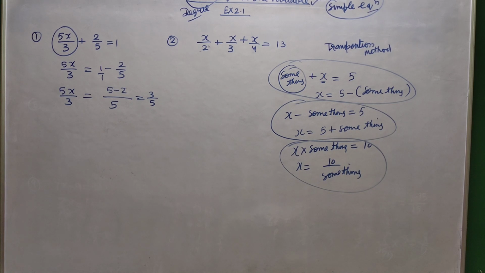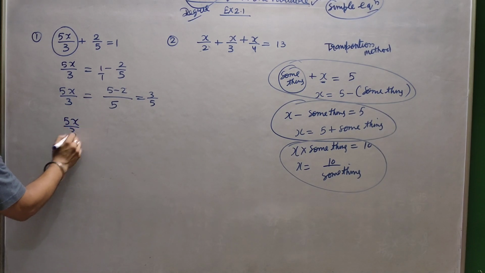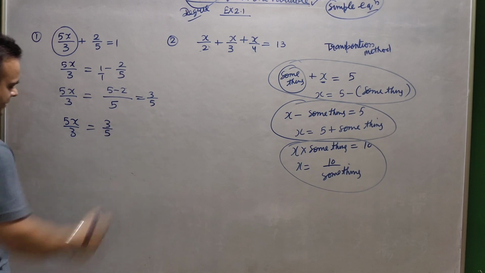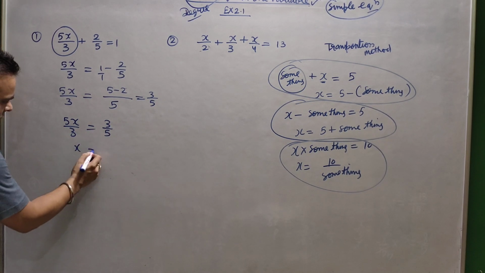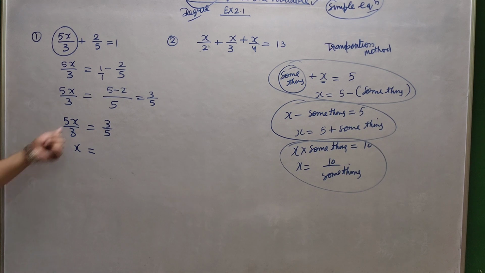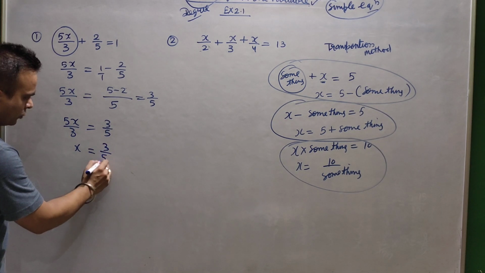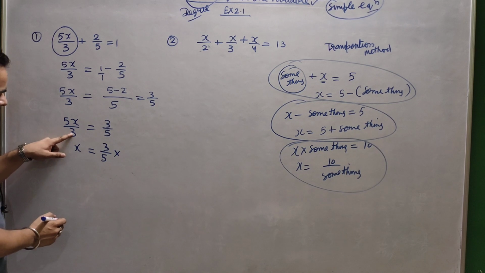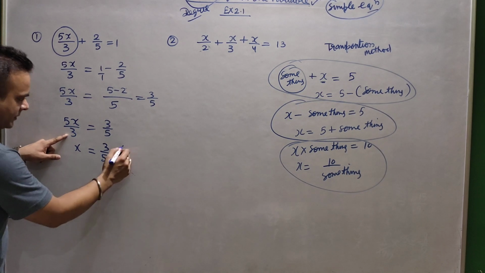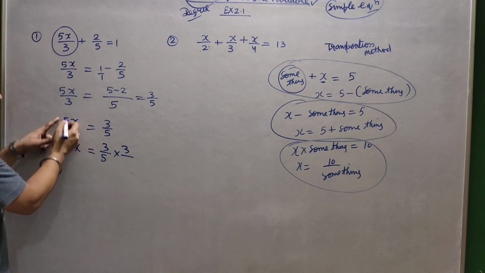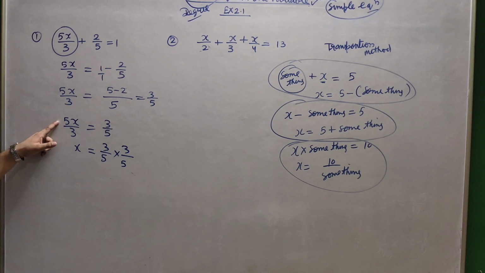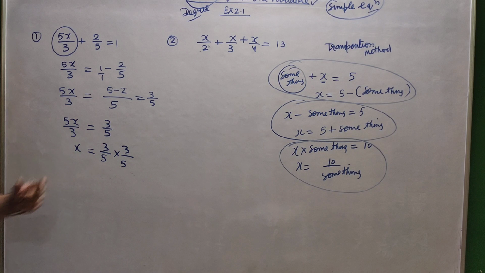So what will you do? Okay, first of all I am writing here separately so that you can understand it clearly. Whenever you have such a situation, like with the x there is a multiply and there is a division, what you will do is this division part will go there in multiply, here in the numerator, and it will come in the denominator. Okay, I can tell you one more way.